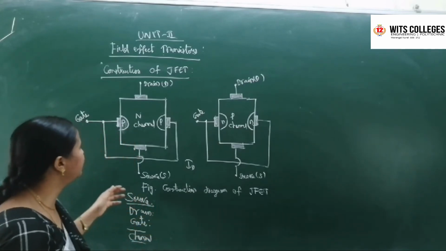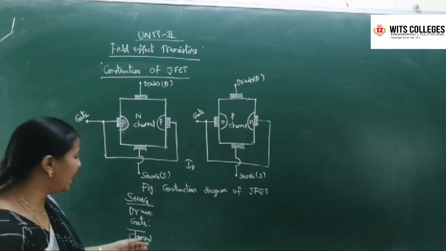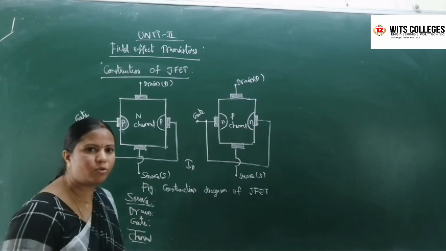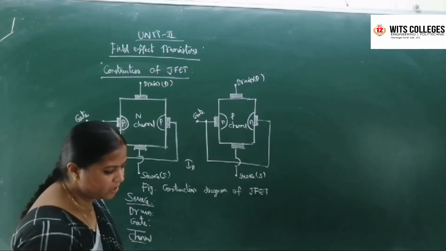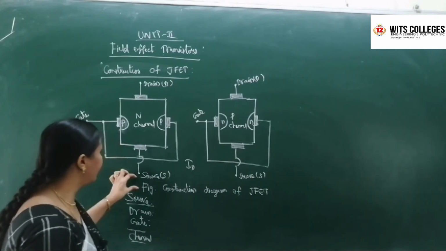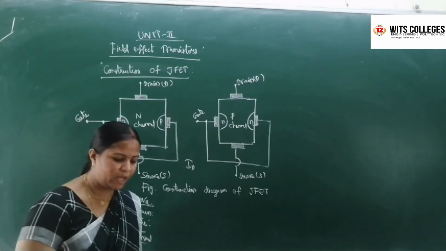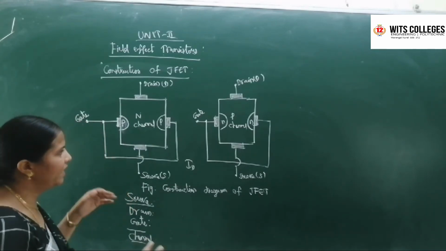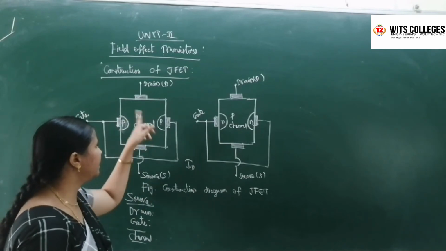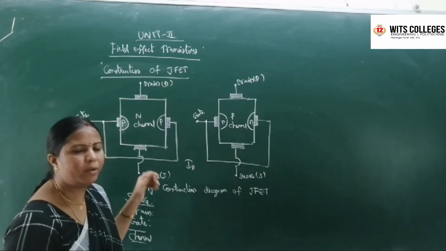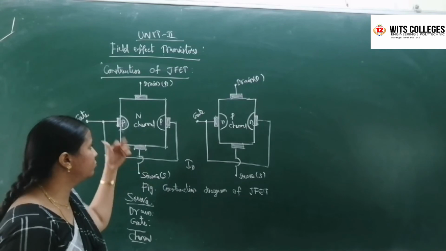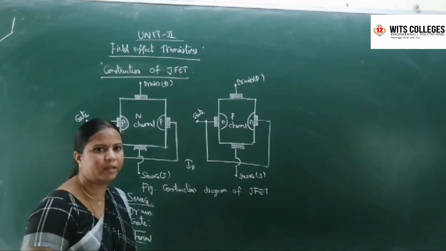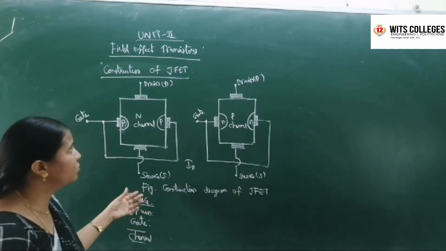Okay, this is known as the n-channel JFET. The channel is the region between the source and drain terminal, and the majority carriers move from source to drain. This is about the channel. So we have a total of three terminals: source, gate, drain, and the channel. Through the channel the majority carriers move from source to drain, so there exists a current between source and drain, that is the drain current. Okay, so this is the construction of JFET.